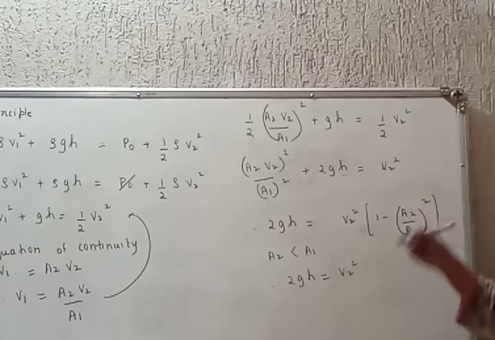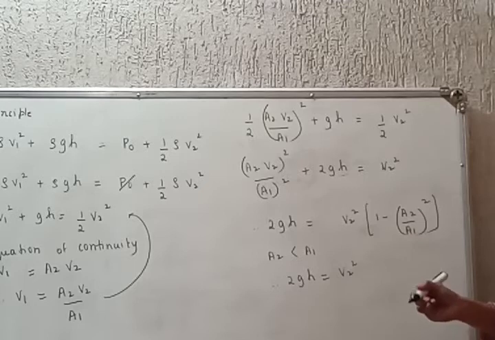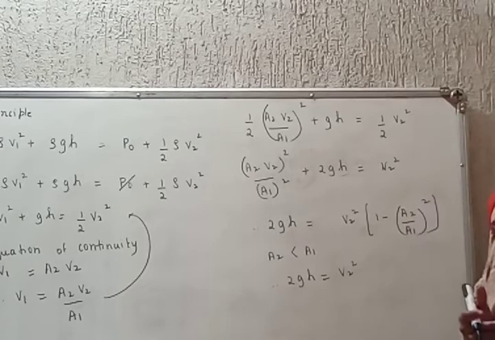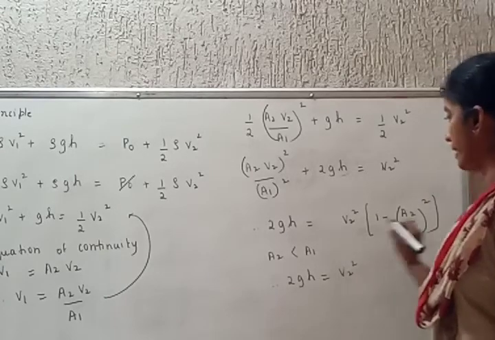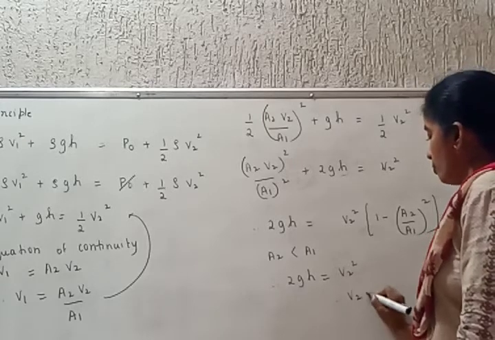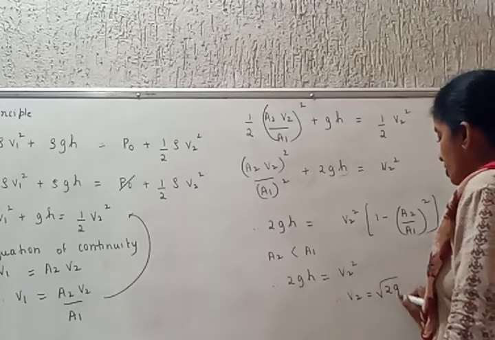जो 0.1 आला तर त्याचं स्क्वेअर केल्यानंतर आणि लहान होणार. आणि 0.01 आला तर if you take the square of it, it will be 10 raised to minus 4 and all that. म्हणून V2 square. You can neglect this term here. Therefore, what do we get here? V2 is equal to under root 2GH.